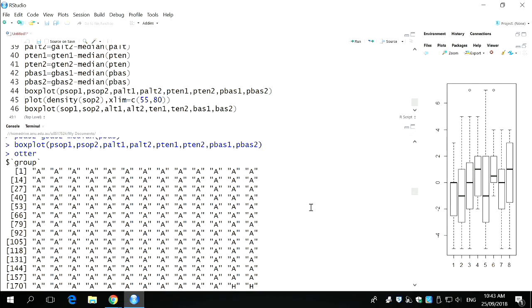Otters, well, Google image otter, river otter, and you'll see pictures of them. They're very cute. They're covered in fur. They live in the water, and it's cold in the water because they live in cold places, and so their fur is protective. So it's really important that their fur is functional, and so they groom each other. They try to get each other with nice fur, not so they look good, but so they survive the cold.